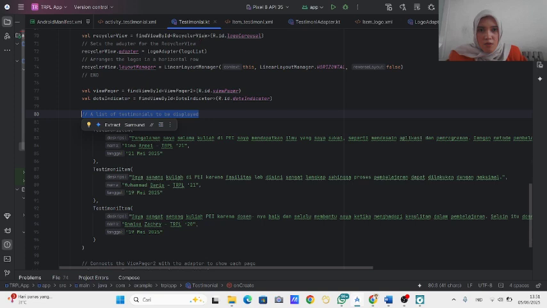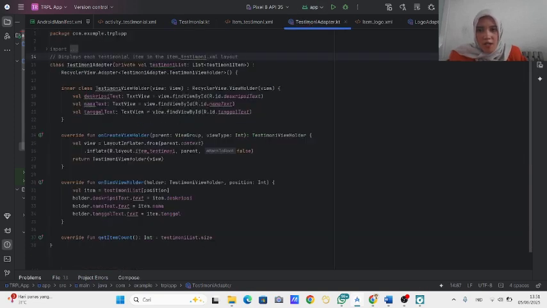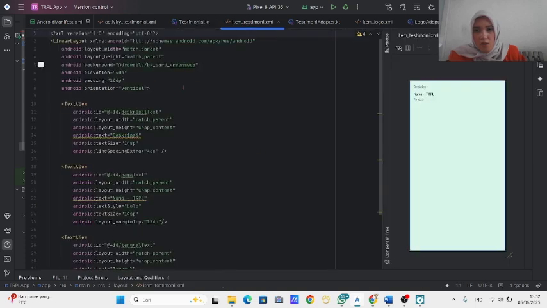Before this, we use a Kotlin testimony adapter to display each testimonial item in the item testimony.xml layout. In this class we add 3 variables for the fields: description, name and date.